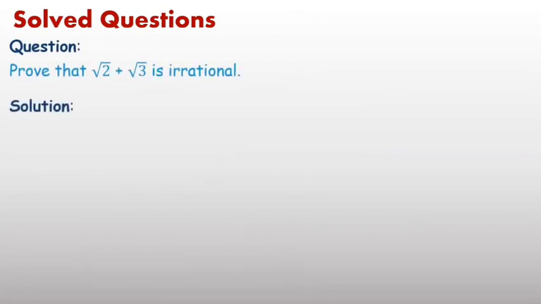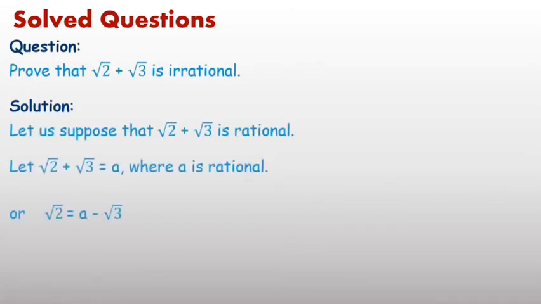One more question. Root 2 plus root 3 is irrational, you have to prove. Again follow the same process. Root 2 plus root 3 equal to a, where a is rational. In this situation, I have taken b as 1. We can write root 2 plus root 3 as a upon b, but for solving purpose, in place of a upon b, I have written a only. It implies in this case the denominator is 1.